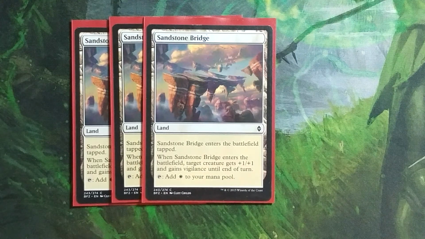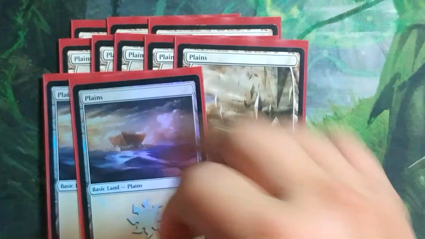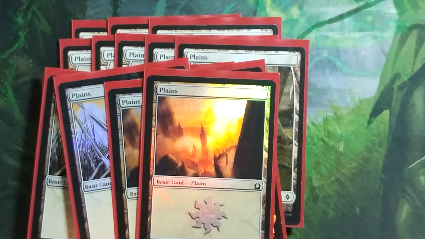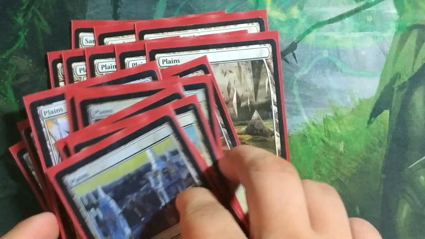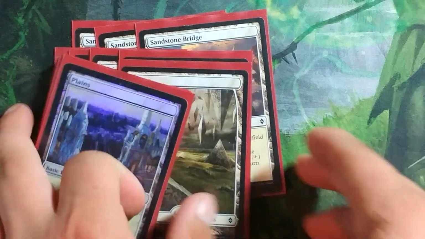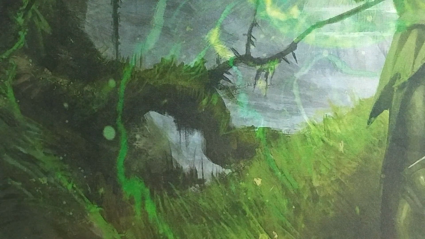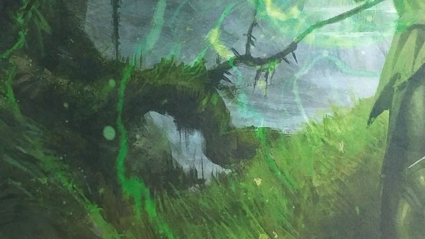And then we've got 4, 5, 6, 7, 8, 9, 10, 11, 12, 13, 14, 15, 16, 17 basic Plains in the deck. This is the best ratio that I've felt. I haven't wanted any other type of land in the deck. It's been producing really, really well for me, so if you guys want to try this deck out, definitely try